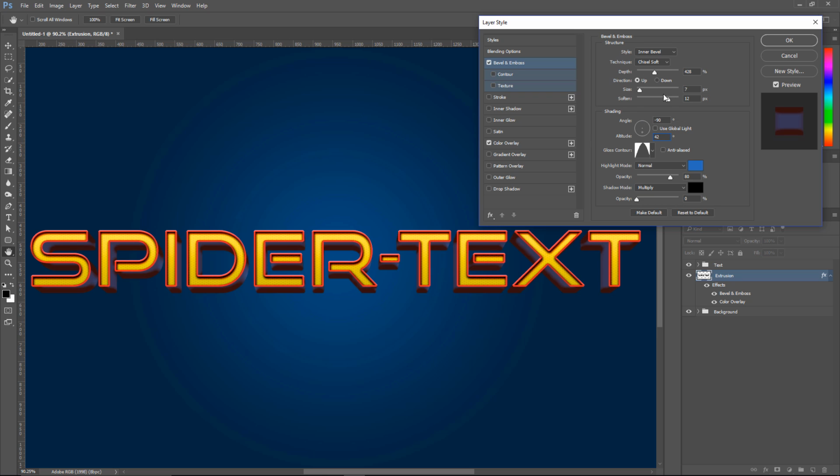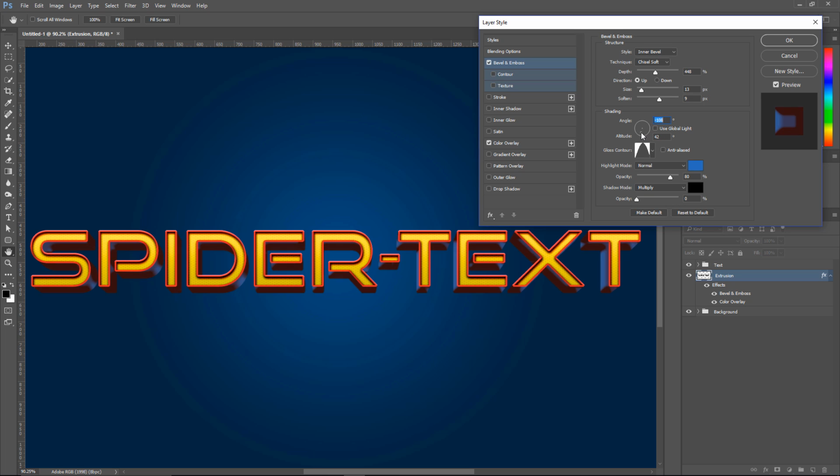Then I can adjust the softness. And maybe increase the depth just a little more. And the size. In this case, 13 pixels work, and that looks pretty good. At this point, you can continue making any other refinements that you think you may need. For example, you can continue to adjust maybe the location of the lighting to get better highlights that match the